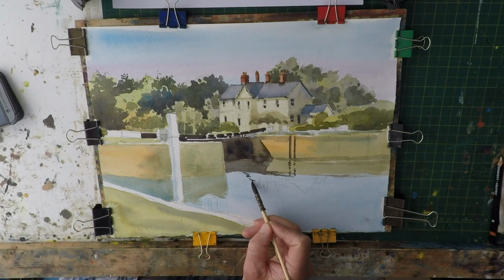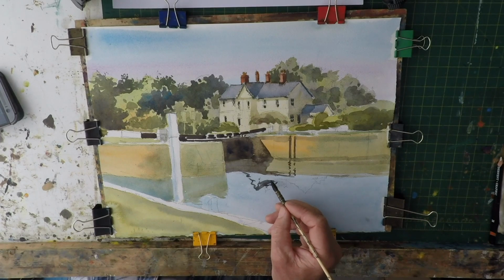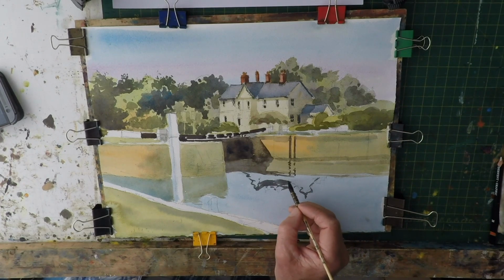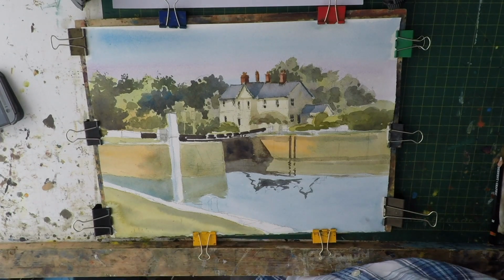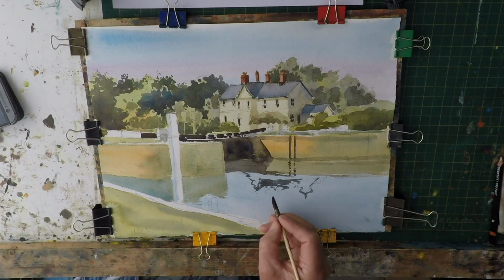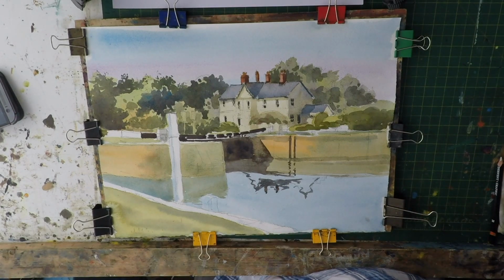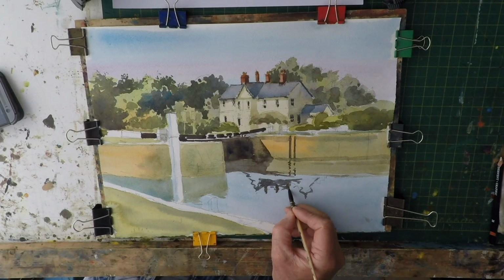And I'm just going to keep them wiggly wobbly, so it kind of looks like reflections. We've got the darks in. We'll just put the chimneys in as well. Obviously when you get reflections in water, they kind of dull the colours down a bit. You don't get the same vibrancy in the colours that you see in real life. Well, that are actually there. That is real life, but...